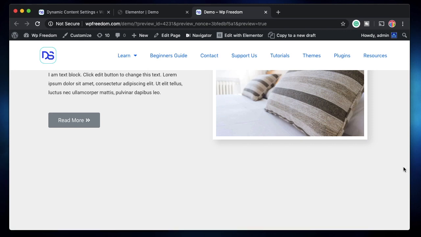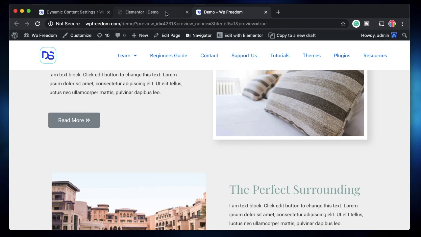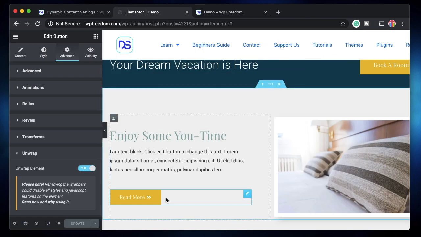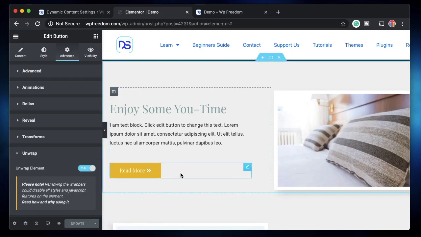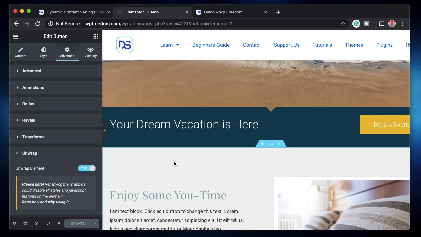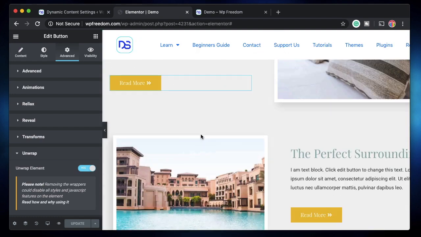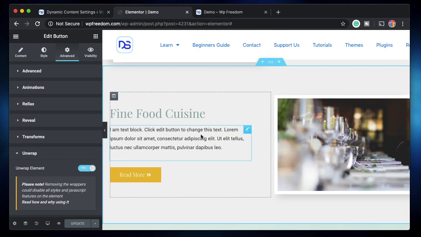Well, how is this useful and how is this helpful in optimization? Now since you're removing the unnecessary divs per element, so on an average it's at least removing 3 to 4 unnecessary divs. Just multiply that. Let's say you have 50 elements on your page, and by element I mean a section, a column, or a widget. So if you have 50 elements, 50 times 3 is nothing but 150. So it's removing 150